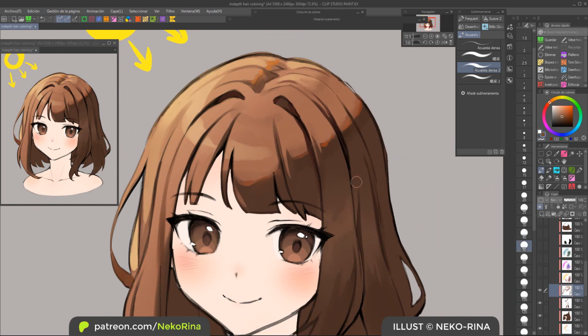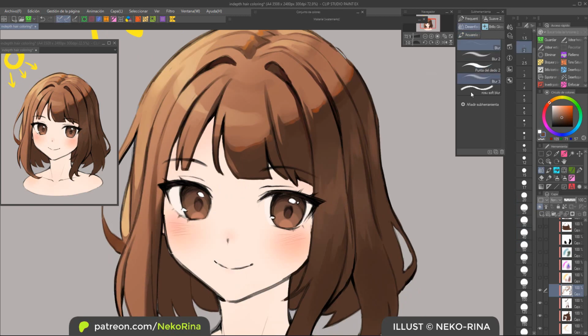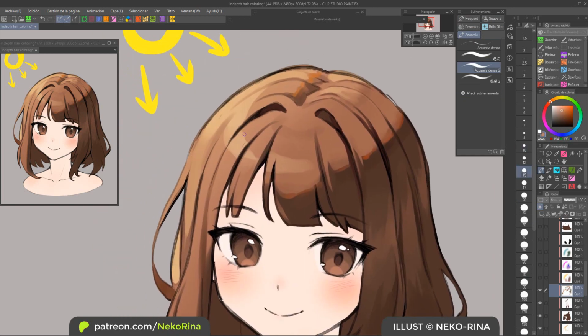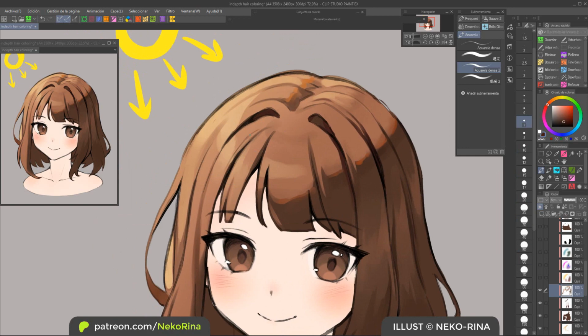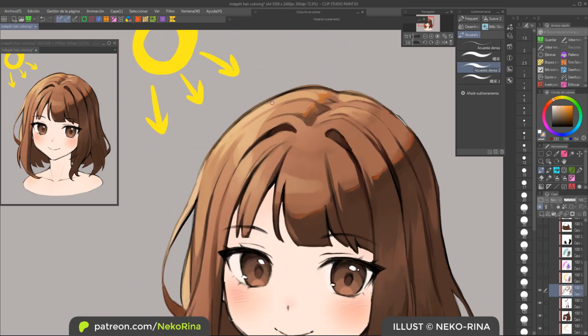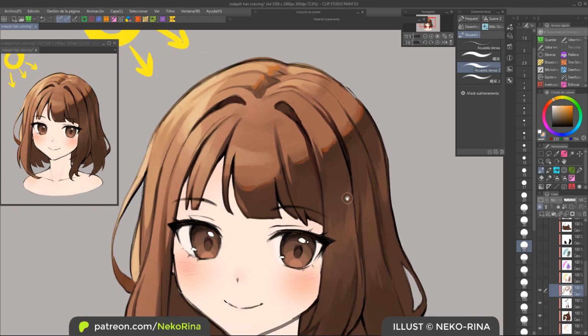For that same reason, you can also add highlights on shadows, especially with an anime style. Although my recommendation is to not make these highlights the same color as the one you have on the lighter part. In my opinion, it looks a little strange and it contradicts the information our brains gather from seeing this darker part.